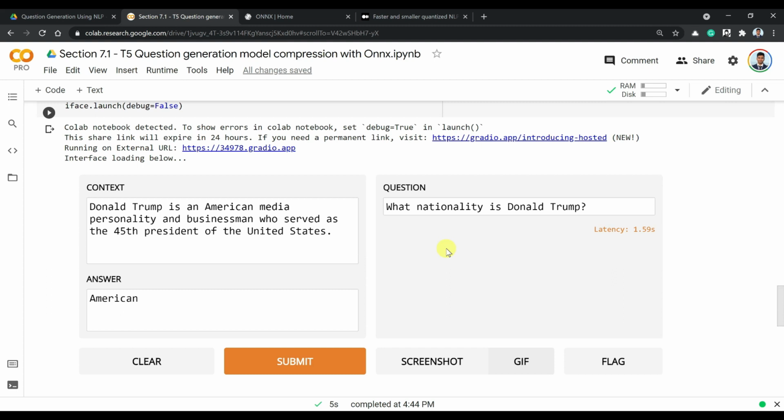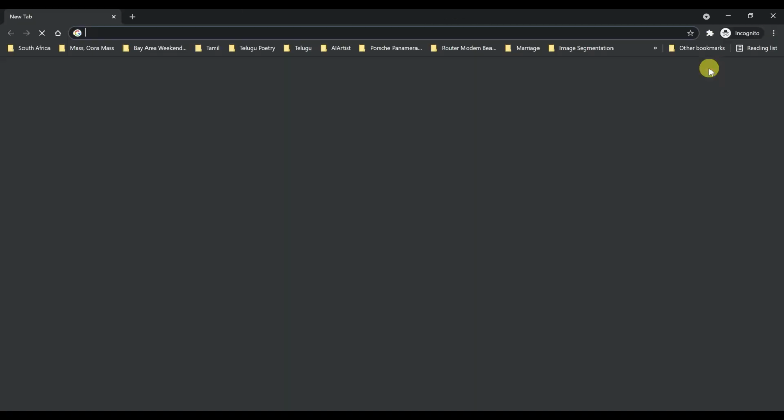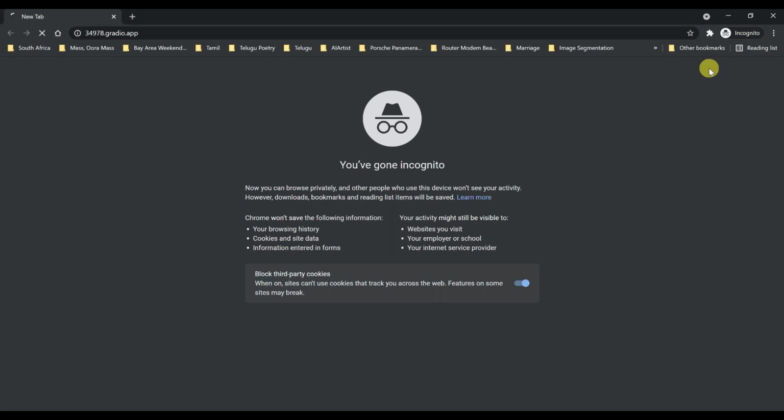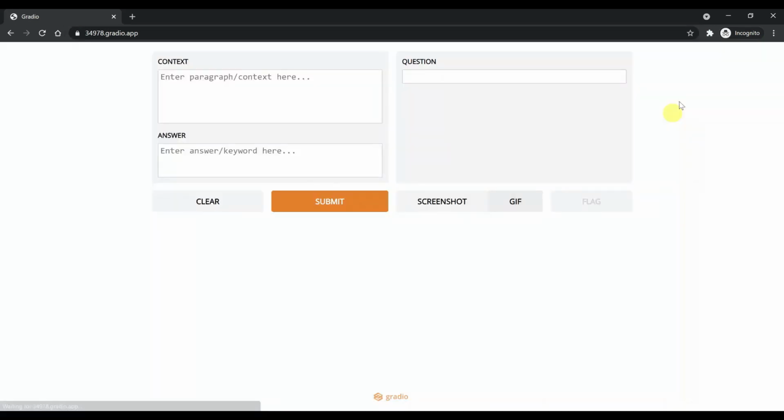Now there is one very important thing to remember here, which is why I mentioned that we already made our production model here: as soon as you run this, Gradio creates a link for you to try out. And as long as this Colab notebook is connected and running, you can give this live link to any friend who is sitting on the other side of the world. So you can give this link to, let's say, your product manager or CEO who is on the other part of the world, and they can just try out this link and see how well the model is performing.